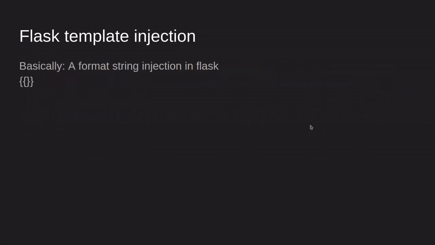I'm not going to dedicate much time to this, as you can see by the slide, but I think it is worth noting. One of the really, really common challenges you'll see, especially in beginner CTFs, is Flask template injection. Basically, much like the format string attack that I showed you before, in certain versions of Flask, there's a bug that allows you to create your own templates and run your own code by using the double brackets.